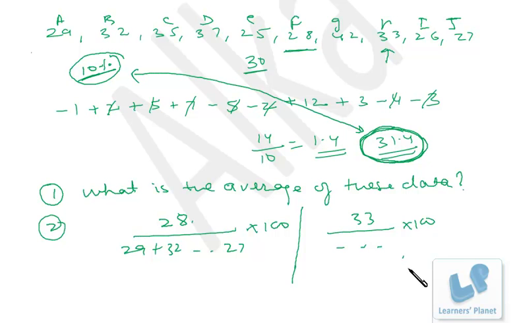So 1.6 more than 31.4. 1.6 is what percent of 31.4? That is the only thing that we have to calculate. Now 16 twos are 32, that is 1.6, and that is around 32. So 16 twos are 32, so this is actually 20 times. So precisely it is 5.